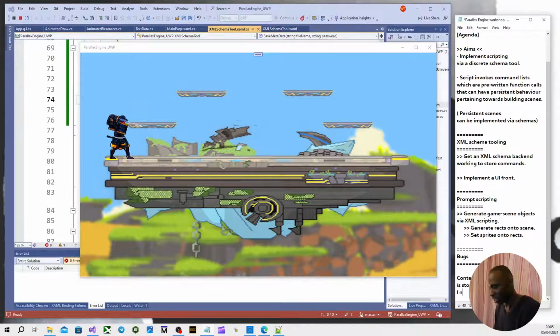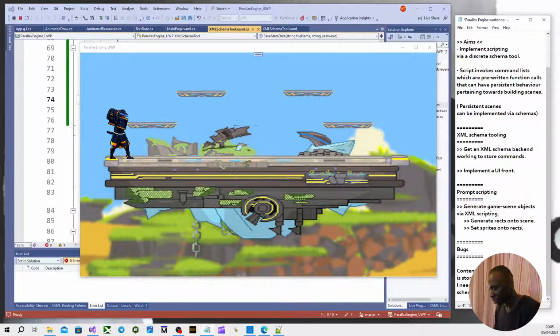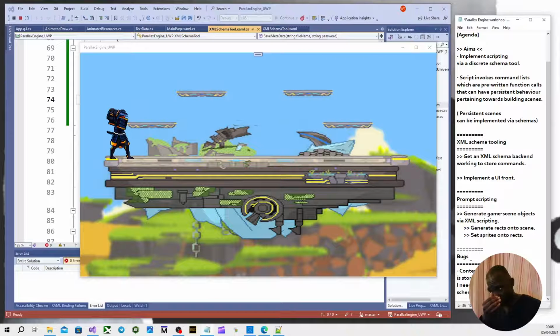My action, I need to fix the additional schema entries. Let's put it like this for now. Alright, so just so I'm on top of the bugs. For now, what I will do though, for the sake of pace,